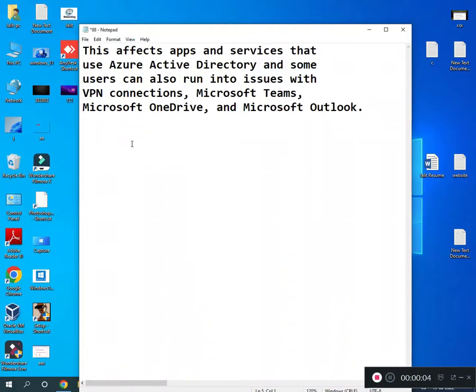So recently Microsoft launched new updates, with so many problems: Outlook problem, OneDrive problem, VPN problem, Microsoft Teams problem, and more issues in this update. This is the June update. So how to